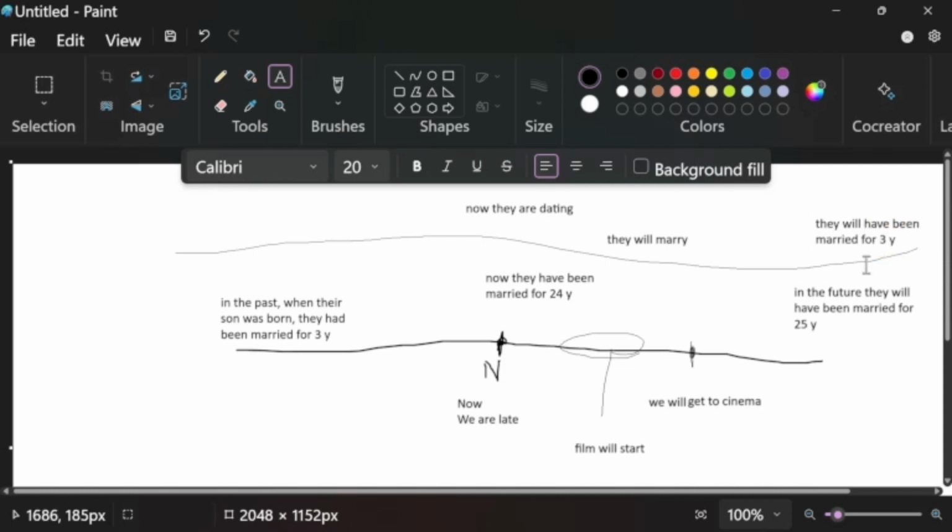Do you understand? Now, these 3 years is from here. It's from here, not from now. They get married here. They will marry here in the future. And here, 3 years later, they will have been married for 3 years. So this action could start in the future and be still going on over here. Or it could have started in the past. They married over here in the past. And here they are also, you can use the same tense. They will have been married for 25 years. You see, there is no difference. Clear?